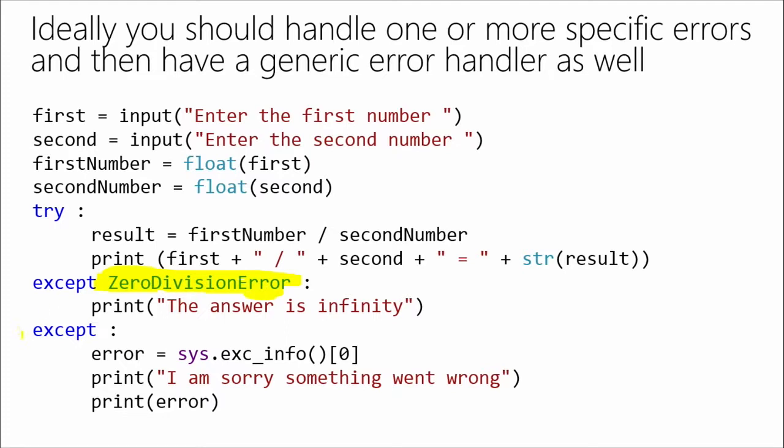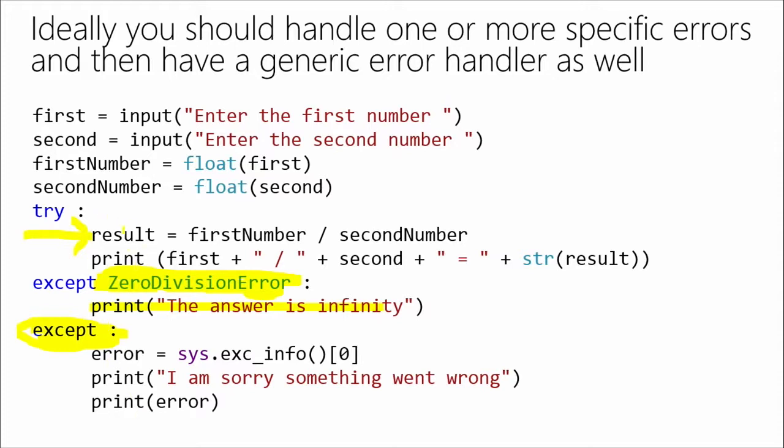So I also include a generic except, and this basically will execute if any, so when my code is running, it will try and calculate the result. If it gets a divide by 0 error, it's going to jump to except 0 division error. Yep. And it will execute this code and exit. Yep. If it gets some other error, like some sort of data conversion error, or the number's too large to store inside a float variable or something like that, it's going to say, oh, I've got an exception. Jump to the except. Is it a 0 division error? No. Is it something else? Yes. Yeah. And it will go in order.